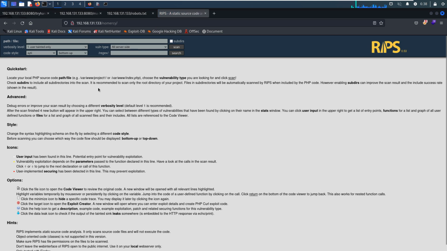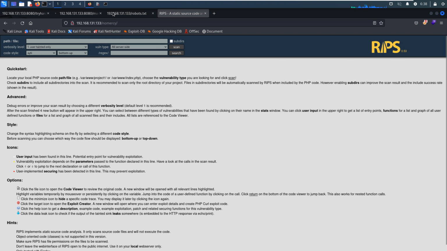We are redirected to another application, no mercy, and the PI file, and it even gives us the CMS, RIPS. Also, it's a compelling version number.